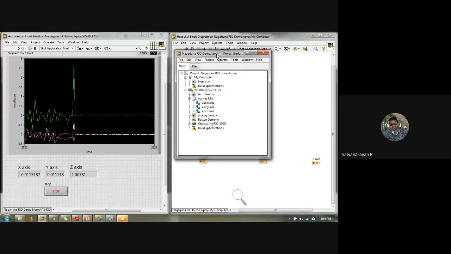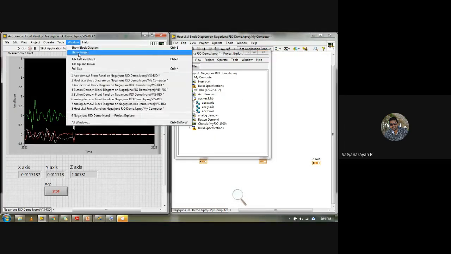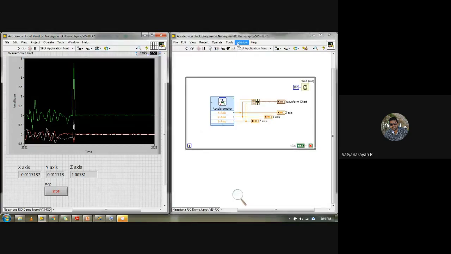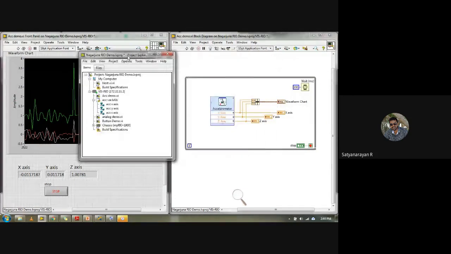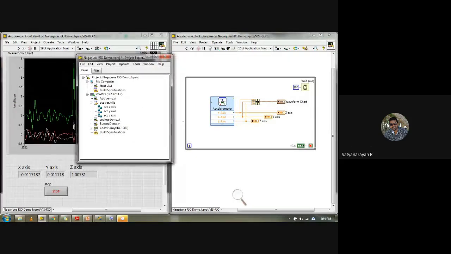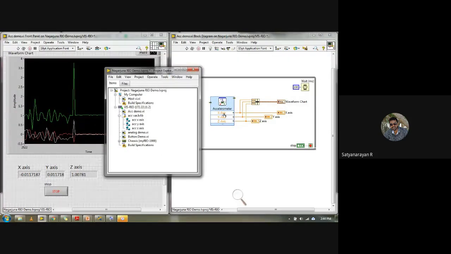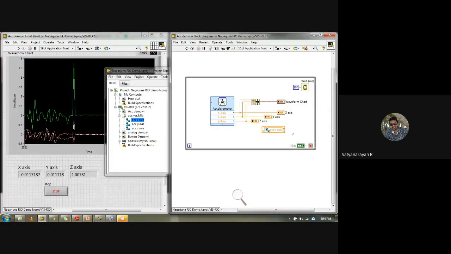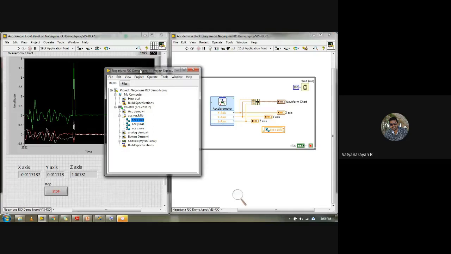Now, since it's a graphical programming method, it's very easy to just drag and drop the particular icons. I'll drag and drop it. You can see it has a band symbol, and when I place it here, a box is created. Similarly, select the y-axis, drag and drop it, and bring it to the block diagram, not to your front panel. Do the same for the z-axis.